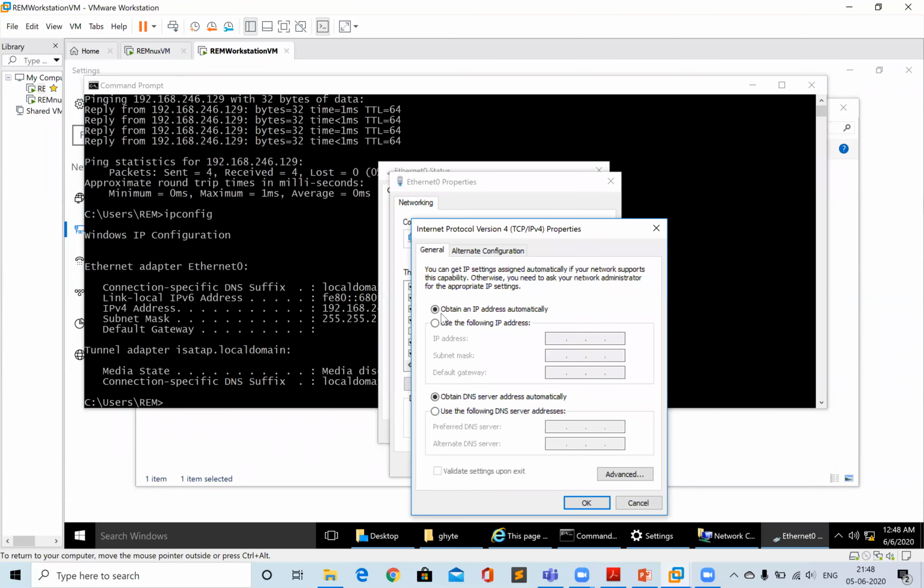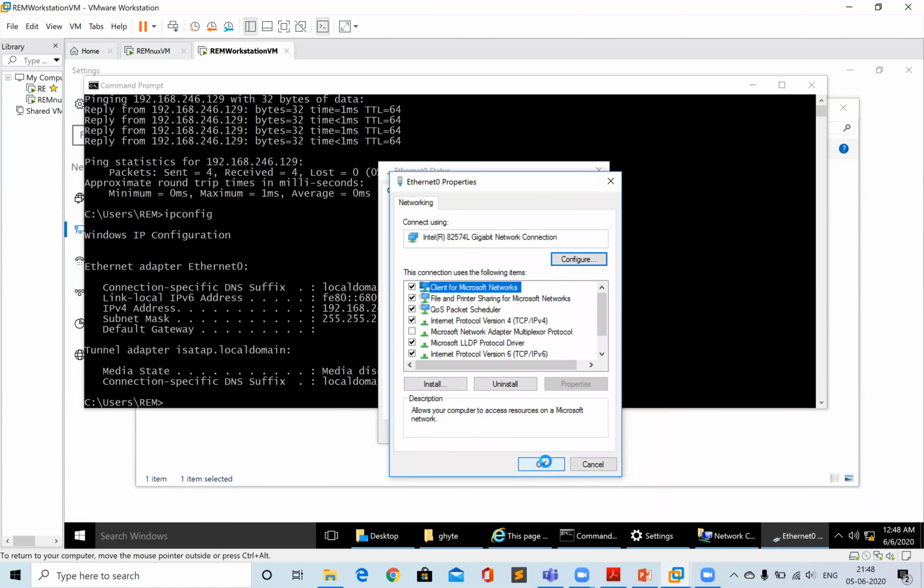So I will tell this machine that your IP is 192.168.246.160, the subnet mask is the same, and the gateway is 192.168.246.129, the IP address of the Linux VM, and also the DNS address I'll set to 192.168.246.129.